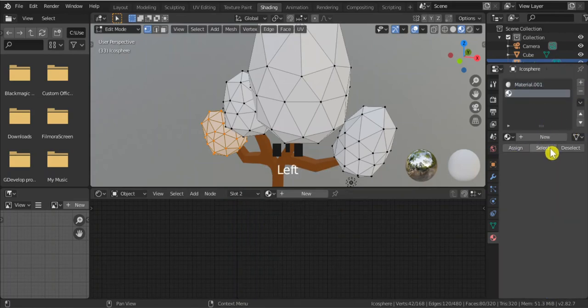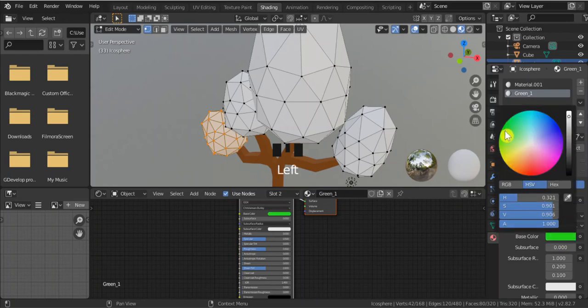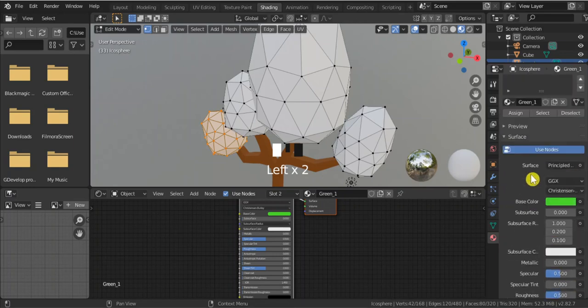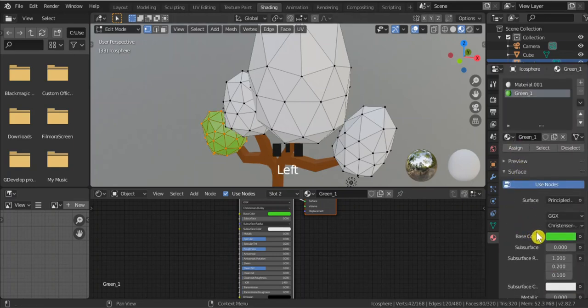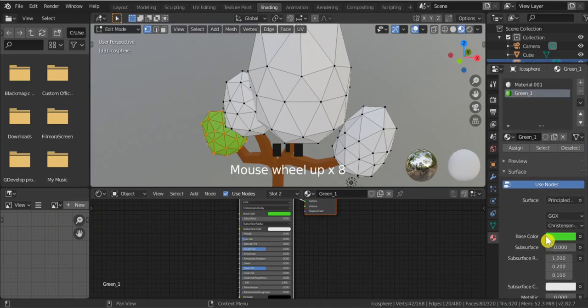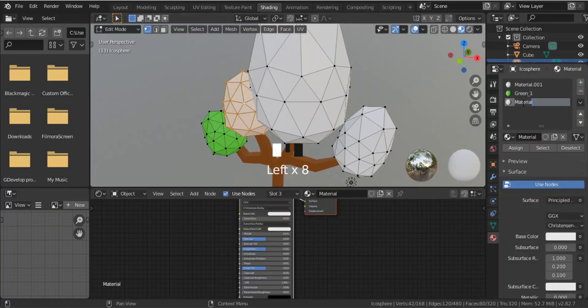Add new, rename it to green 1. Assign, reduce the specular. And another green. Select this, press L, new green, green 2,